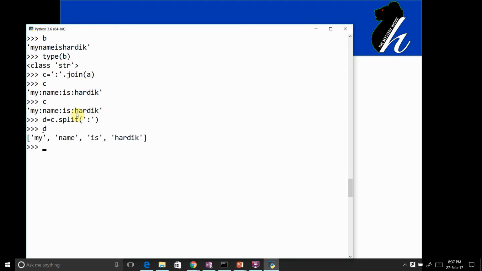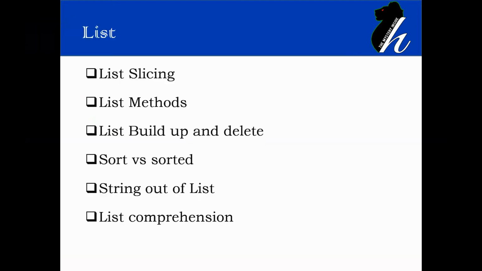So now d contains the list. So this is the way we can generate a list out of a string with some delimiter. So that is how we get a string out of a list and, in reverse, a list out of a string.